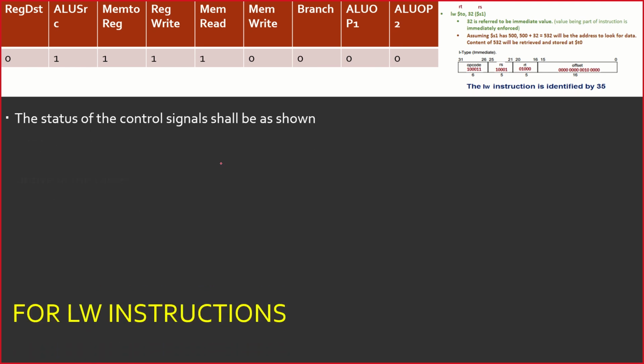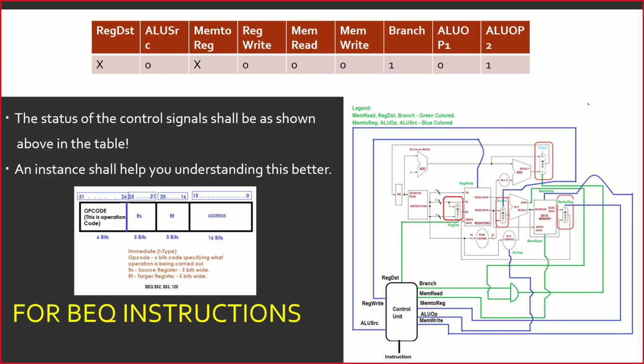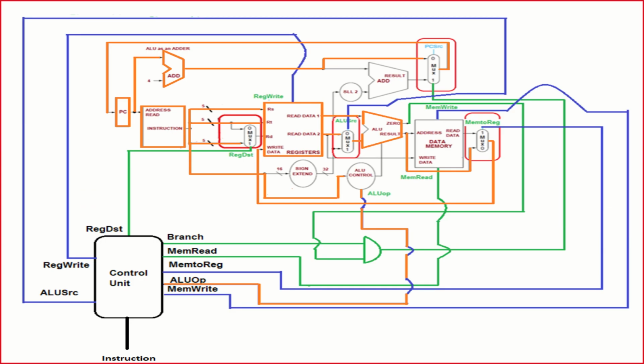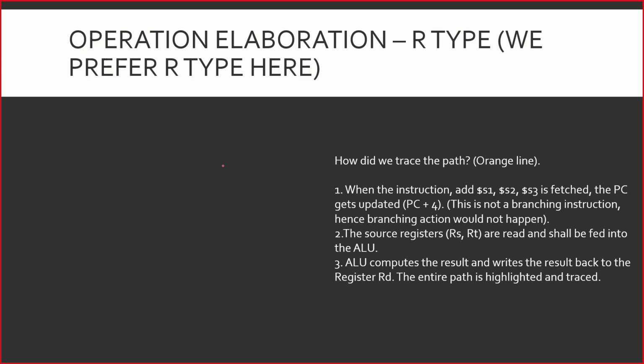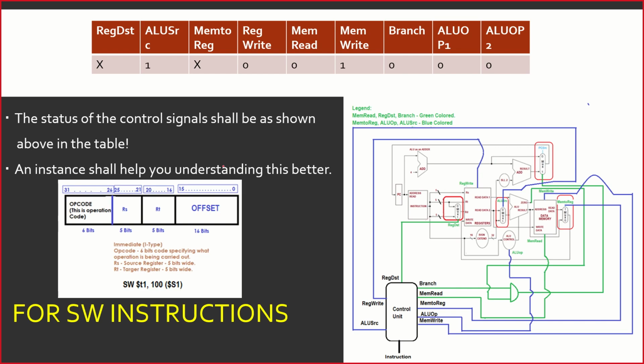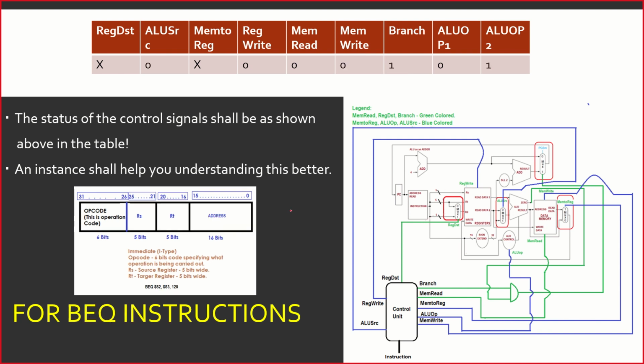Right now, we are going to go to the next one, where I think I have completed the B type instruction also. I mean the BEQ, in terms of giving you the control signal status, where branching would be going high. This would be asserted when you go for the branching instructions. That's what I have told you, and you can see that. In this, we are not caring about REGDST. We do not have to worry about mem to reg, but the rest of the signals will all play a vital role, and you need to remember it.